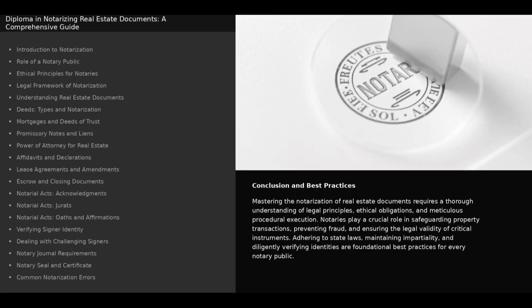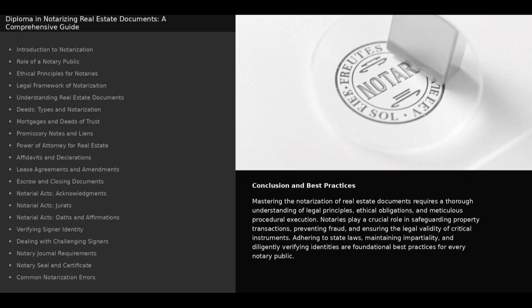Conclusion and best practices. Mastering the notarization of real estate documents requires a thorough understanding of legal principles, ethical obligations, and meticulous procedural execution. Notaries play a crucial role in safeguarding property transactions, preventing fraud, and ensuring the legal validity of critical instruments. Adhering to state laws, maintaining impartiality, and diligently verifying identities are foundational best practices for every notary